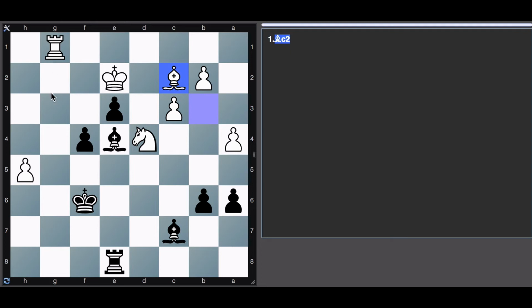No. The rook goes to h2, I guess. So f3 check, king f1, f2, rook g4, bishop takes, knight takes, king f5, rook to h2. And I'm clearly winning there,